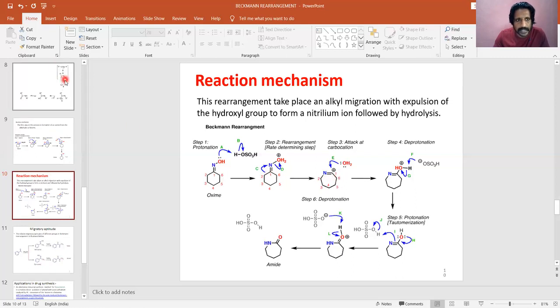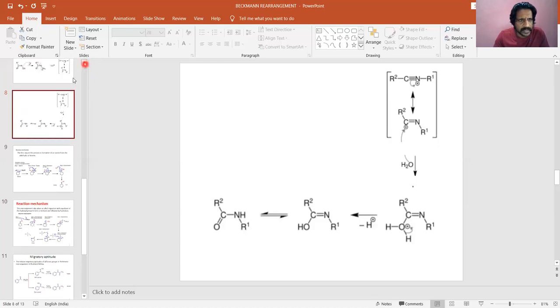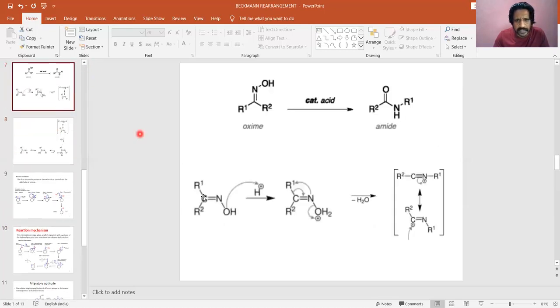Look at our earlier step, what happened? I just want to correlate. See here in the acyclic oxime, from an acyclic ketone, when we add H plus, OH becomes OH2, and this OH2 has a tendency to go out as a water molecule, which makes this nitrogen an electron deficient nitrogen. Now R1, the group which is anti to the OH2, migrates to nitrogen, taking the pair of electrons. That gives a plus charge on carbon. Here also the carbon next to the nitrogen got a plus charge.